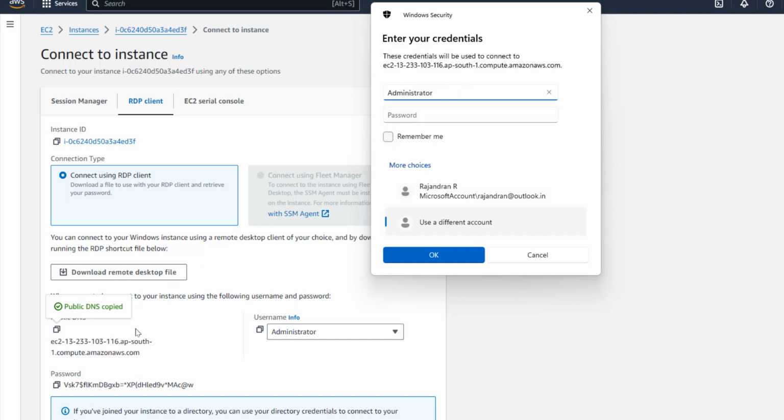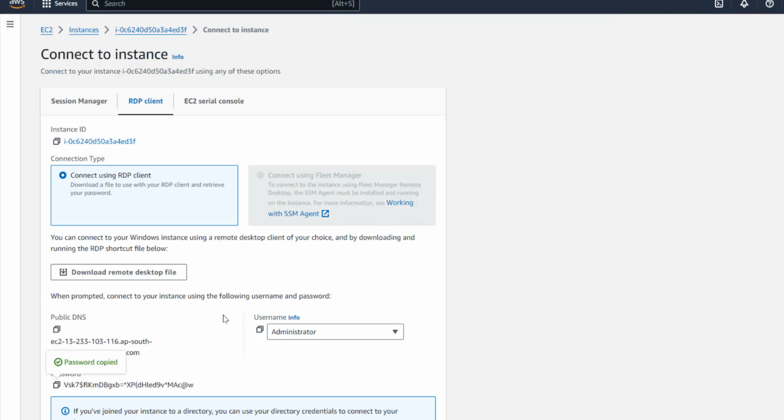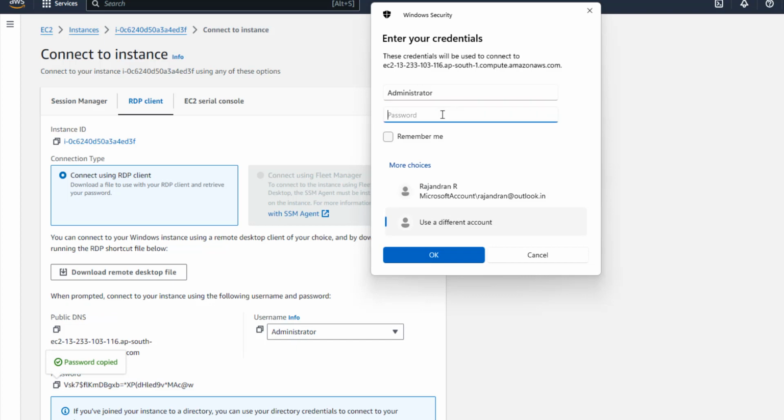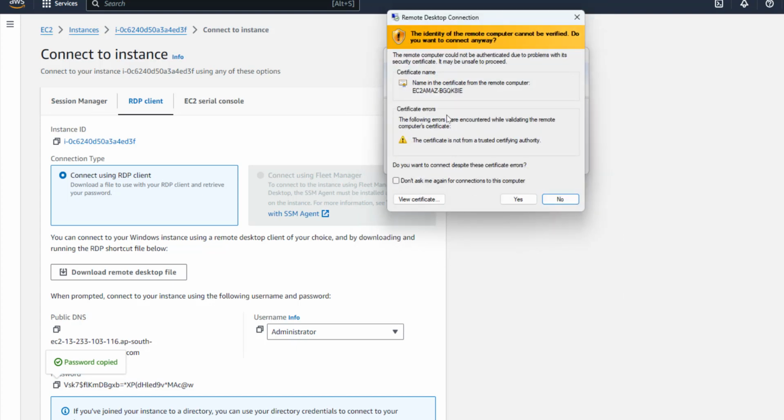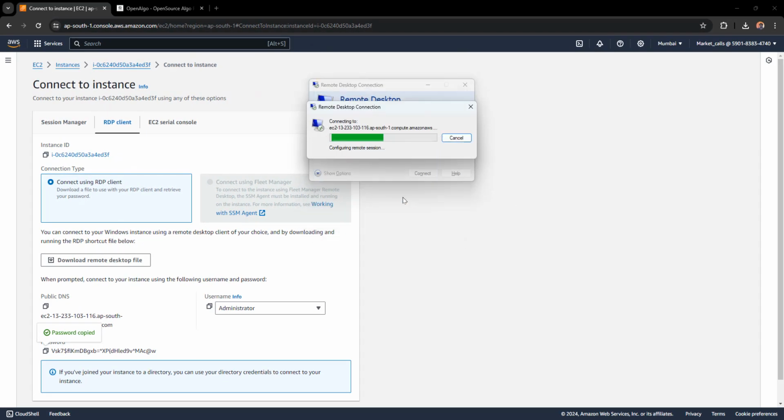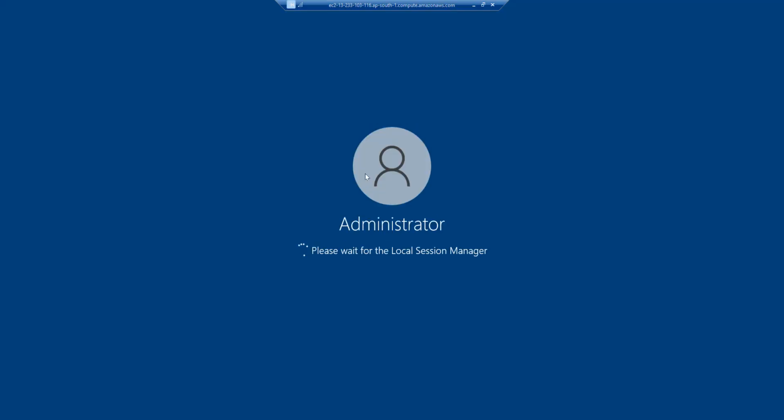So followed by that, I'm going to copy the password as well from the AWS. And then I'm going to key in my password and click on remember me, and I'll press OK. So it pops up a small notification. I'm going to select don't ask me again for connections to the computer, and I say yes. So it's a one-time thing. So now I'm directly logged into my Windows machine,